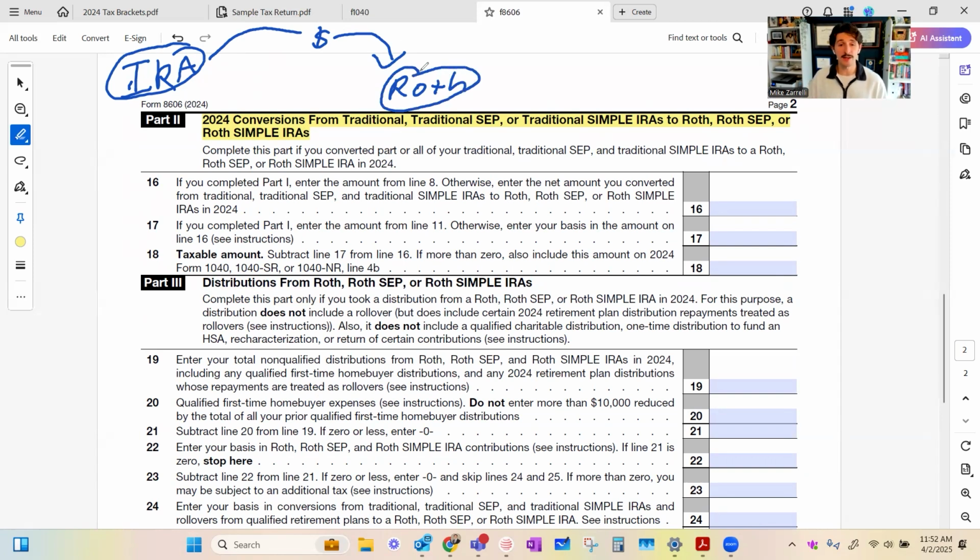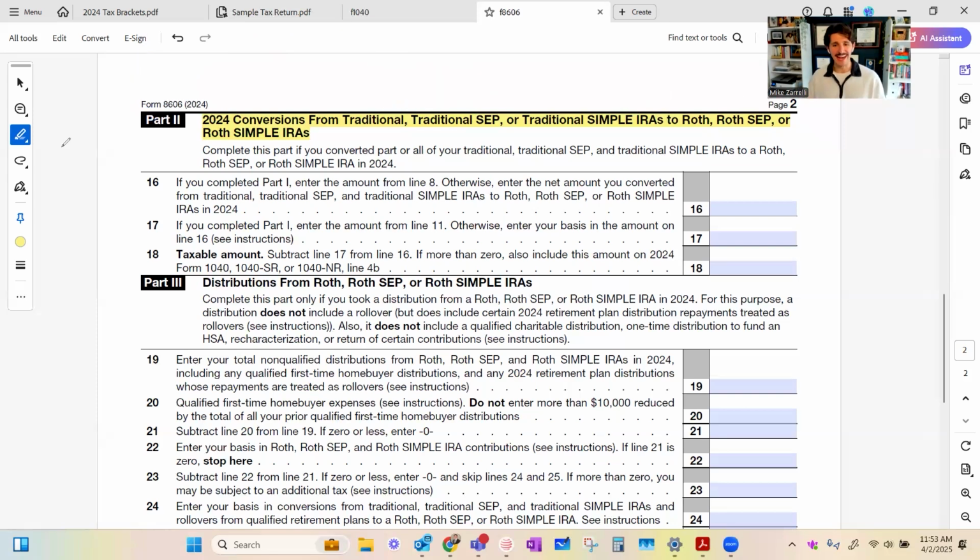This is a strategy we use a lot of times when folks have less income, they're in a lower tax bracket, maybe they retired early and they haven't taken Social Security or started required minimum distributions yet. So it's important to make sure that this 8606 is filled out for Roth conversions. One, you're going to enter an IRA distribution from your 1099-R that you should receive from this IRA over here. And then second, the IRS wants to keep track of your Roth basis. Taking money out of the Roth IRA after you reach 59.5 is going to be tax-free. Important to keep track of what contributions have gone in there, just in case the IRS asks,